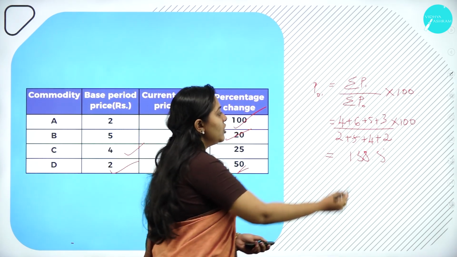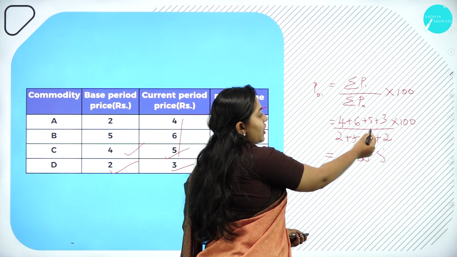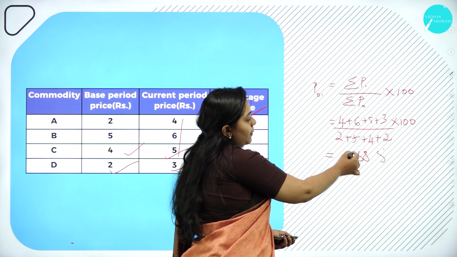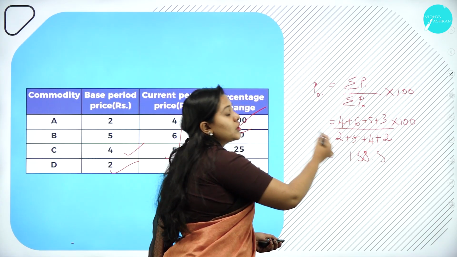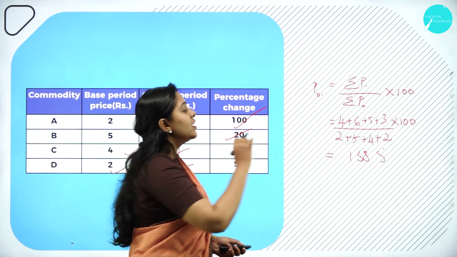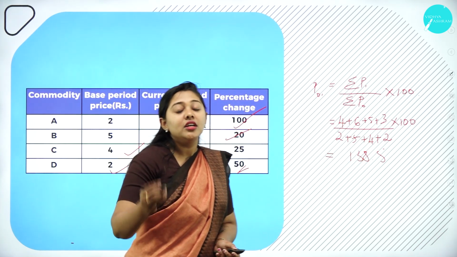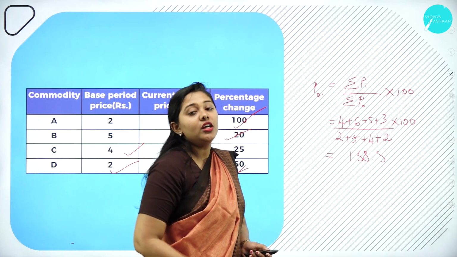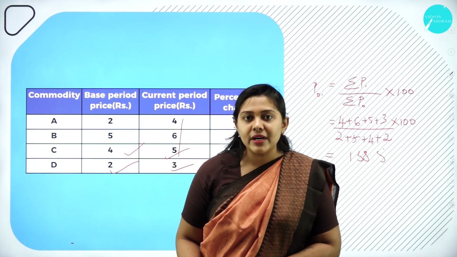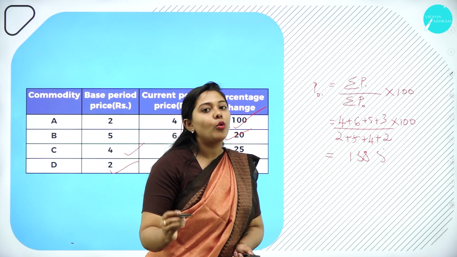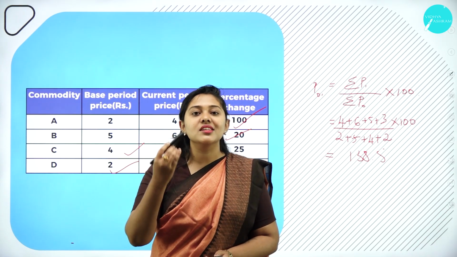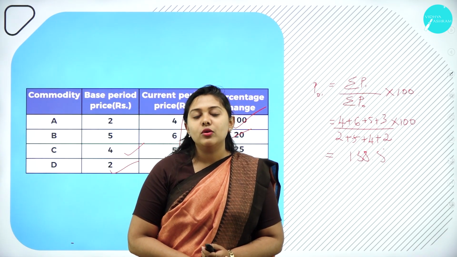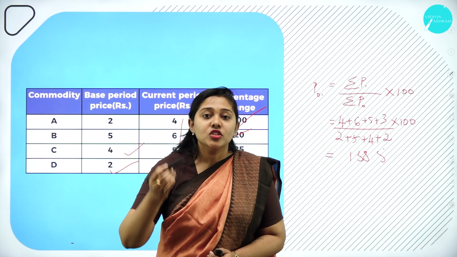So how to solve? 4 plus 6 plus 5 plus 3 divided by 2 plus 5 plus 4 plus 2. Both the numbers you have to divide and multiply with 100. The value you get is how much? 138.5. So when you are taking it into the percentage, it will be 38.5%. So by using a simple aggregate price index formula, you can calculate the price index, the change of